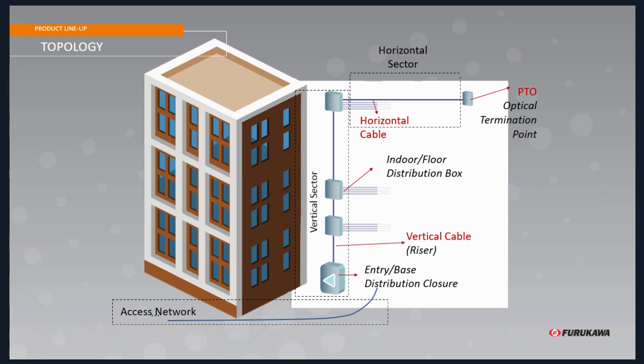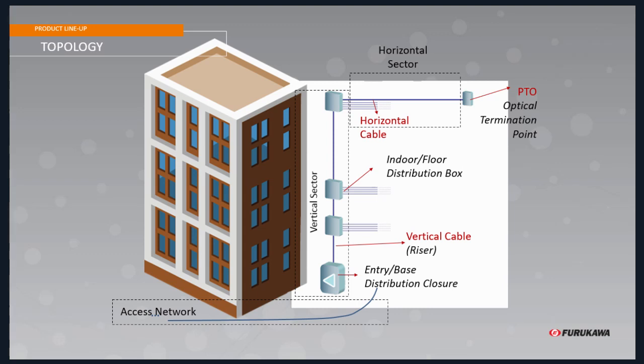Basically, this is the topology of deploying fiber into a building. So you have this entry point which has a box which shelters the splitters. Then you have a riser cable distributing the fibers from the splitter into the building, and then we have the floor boxes which are going to distribute the riser cable